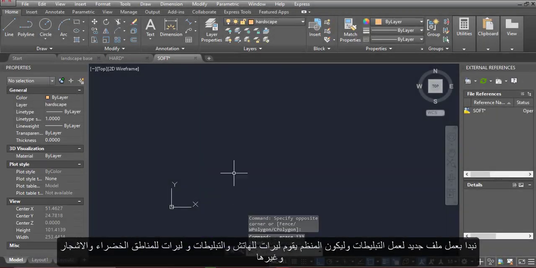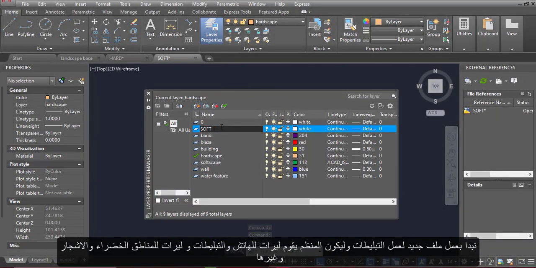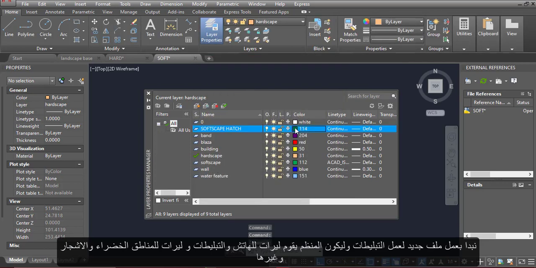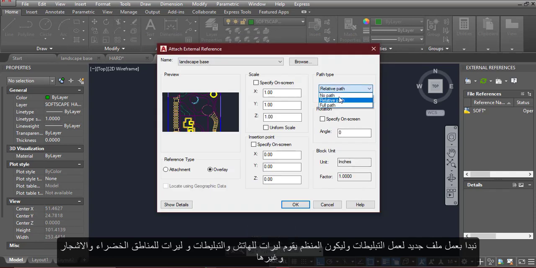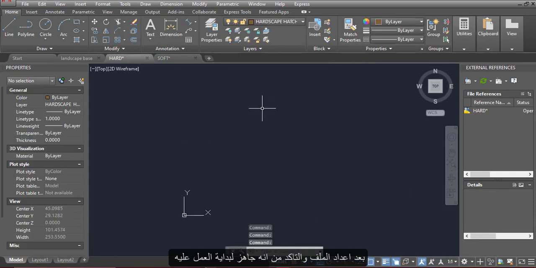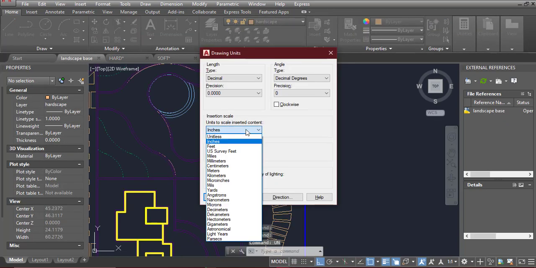We start a new file to make the tiles, and the organizer will create layers for the hatch and the tiles, and layers for the green areas, trees, etc. After preparing the file and ensuring that it is ready to start working on it,